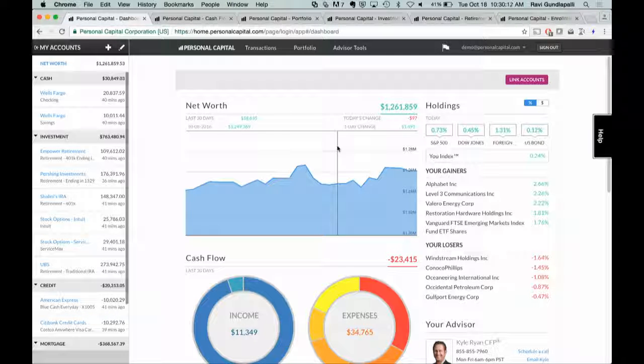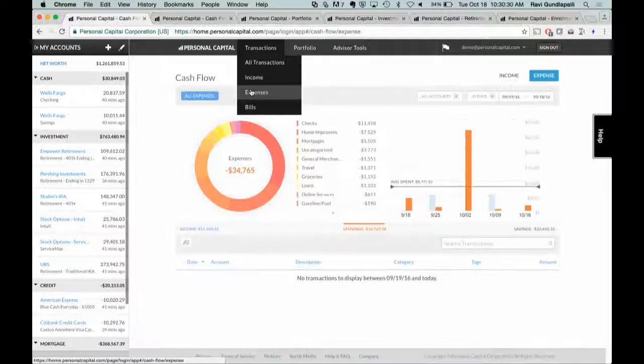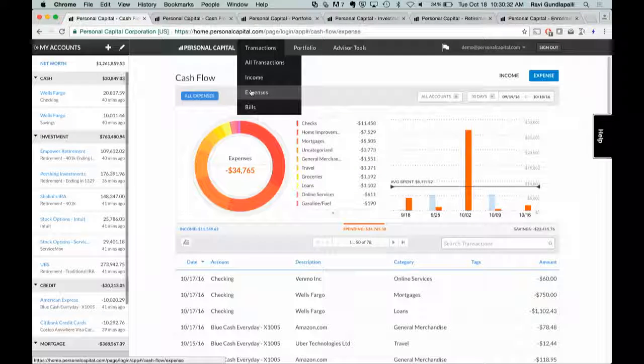We use three simple rules in engineering our solution. Number one, own the data. Number two, keep all the logic on the server side. And number three, keep the API and the UI simple and intuitive. I won't go into the details, but if you're interested, you can look at our tech blog for more details. Moving on to cash flow.